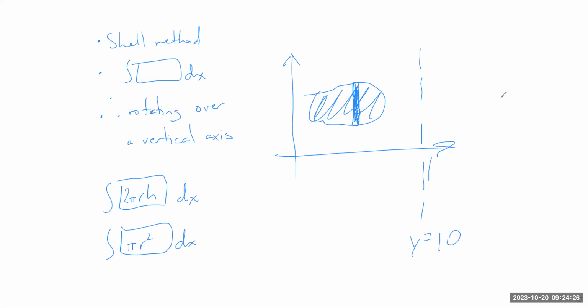That's not going to be a washer. That's going to be a thin cylindrical shell. Maybe I shouldn't draw these rectangles so thick, but if I rotate this around the axis, the visual I kind of go to is that you're putting the paper towels back on the roll. These shells are very, very thin, but the radius could be very large, but the actual thickness of these things is pretty small. So that's if you are doing